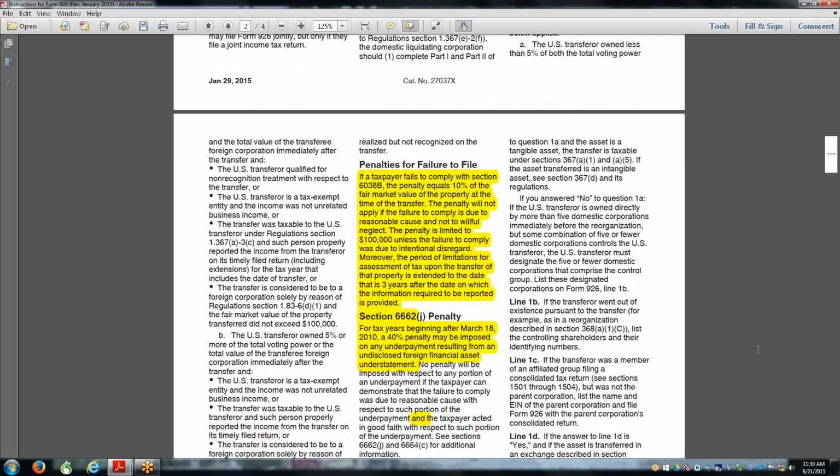of the tax. And then up in this paragraph, the 3-year rule, the extension: the statute of limitations does not start to run until 3 years after you file this form. So the whole tax return is subject to audit, which means any part of the controlled foreign corporation activity. So you may file Form 5471 and think you have closed off the years of your controlled foreign corporation. If you miss this form, you have not. So this is why it's so really important. As you go through the form,